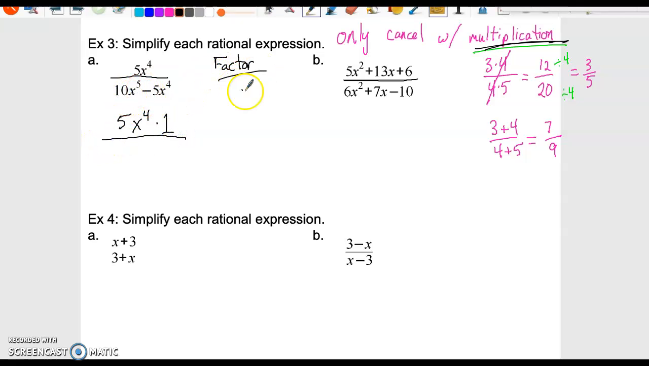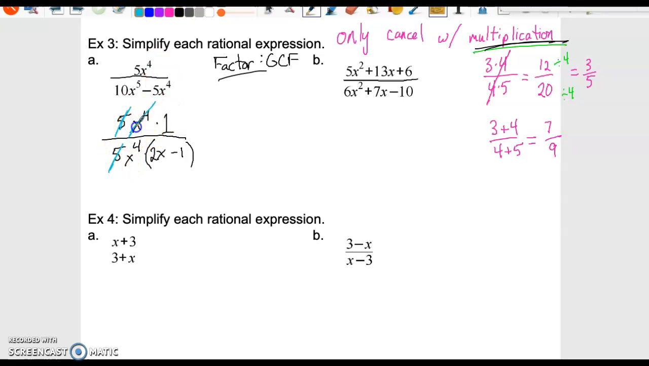But if you look at the greatest common factor in the denominator, the first thing I like to look for is greatest common factor. Both the 10 and the 5 are divisible by 5. And the greatest common factor is x to the fourth. So then you're left with 2x minus 1. And so now I have a giant multiplication problem where I can cancel out the 5, and